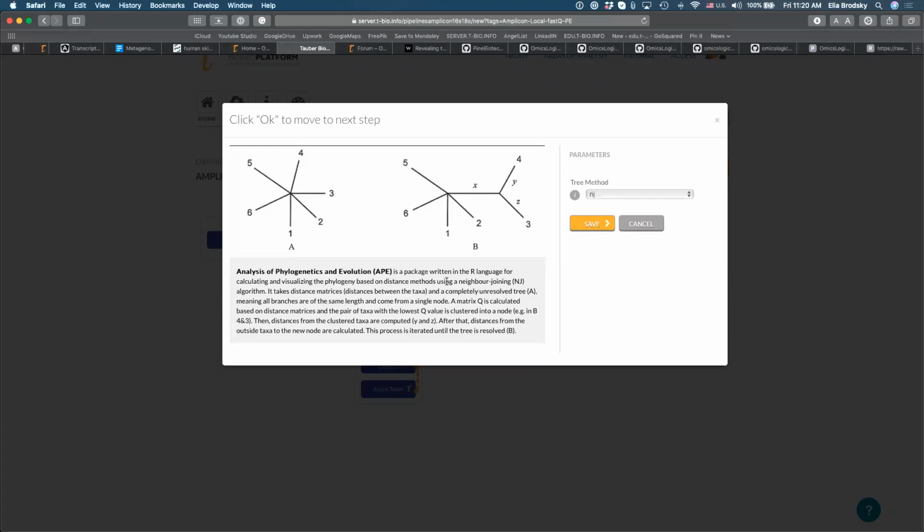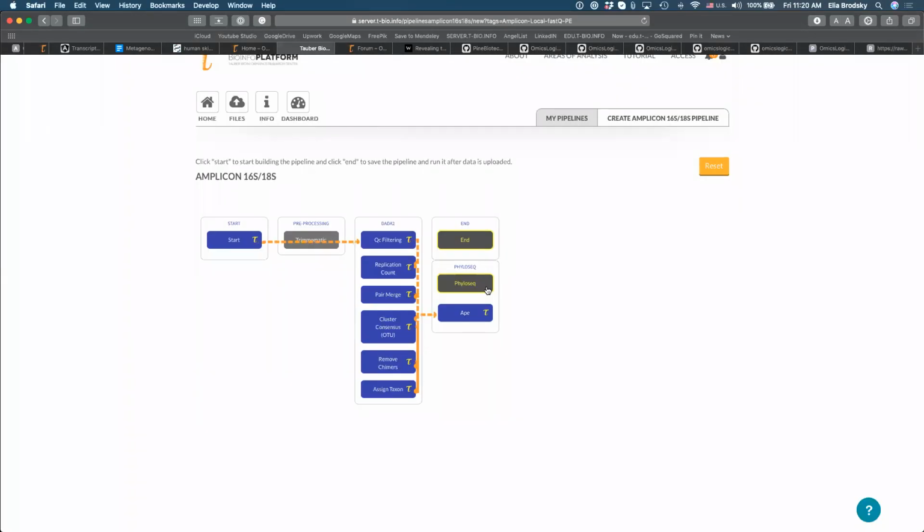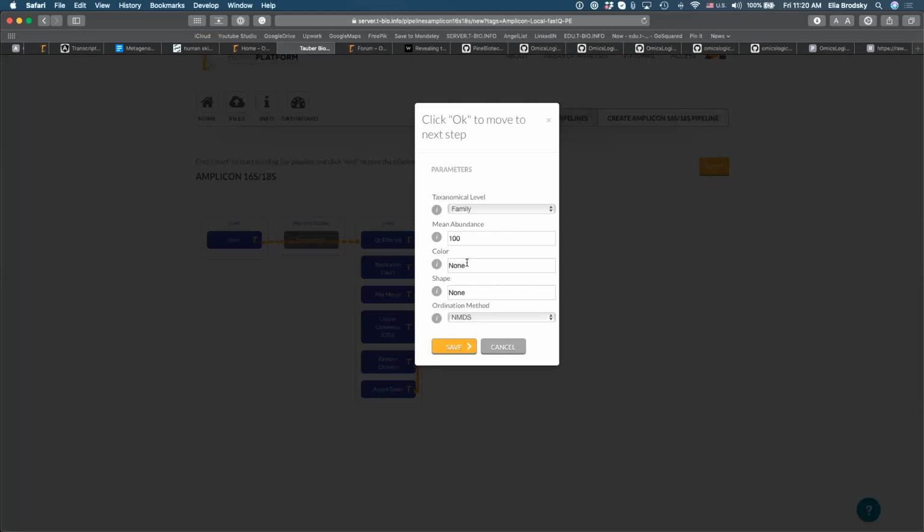There's a couple of different methods for building that phylogenetic tree, and neighbor joining, NJ, or BioNJ, is just a different method of doing this. And then this is what we can also use to visualize all of these different types of relationships. Here, again, remember that typically we're going to use phylum, which is not a very detailed view. Obviously you can try other ones and you'll run into some NAs, but phylum still provides a good overview. The mean abundance, we can leave that for now.